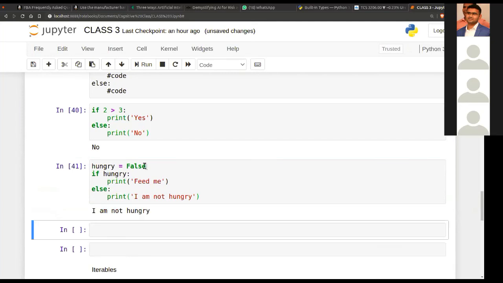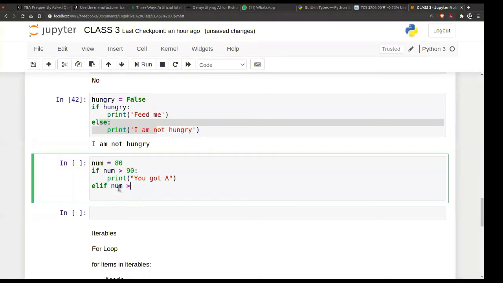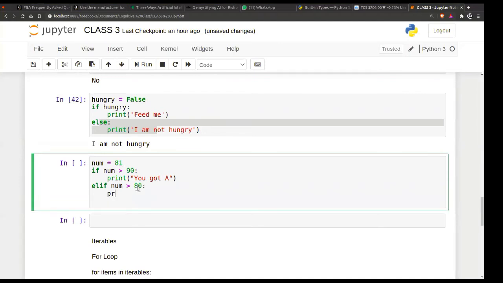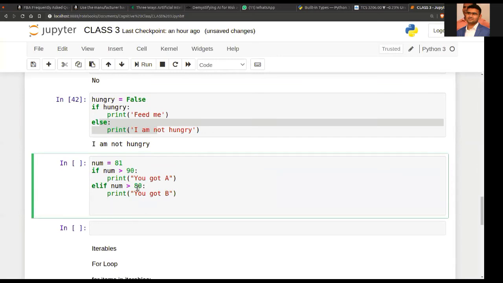Now suppose we check if num is greater than 80, right? So print: you got B. Else, suppose we have only 3 ways: either you get A, B, or you fail.